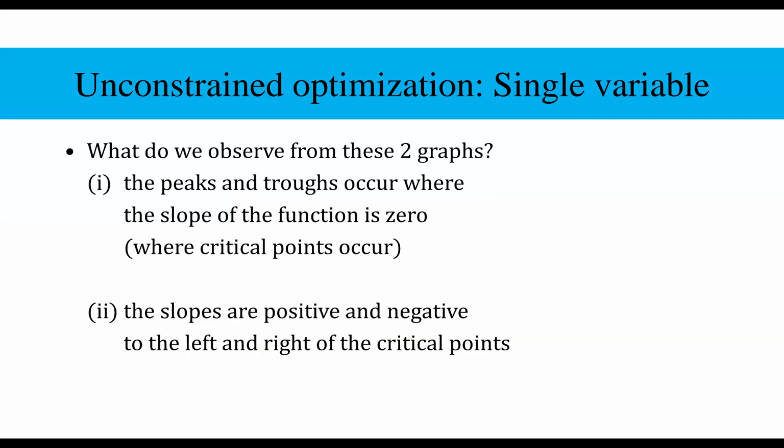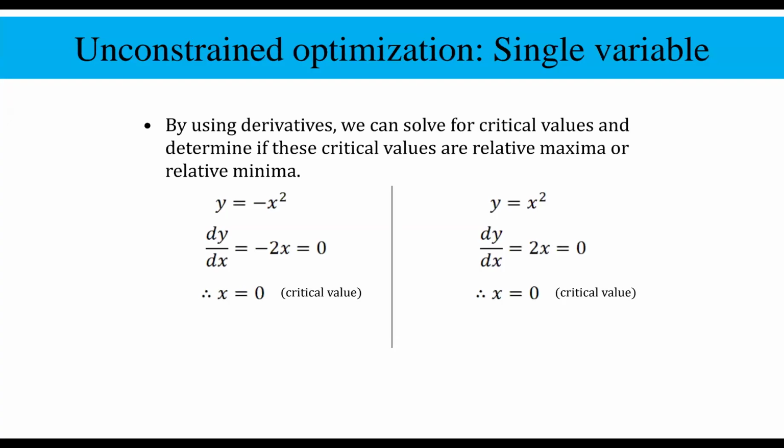The slopes are positive and negative to the left and right of the critical points. The slopes are positive on the left side and negative on the right side. So that's very, very important to score. Okay, now